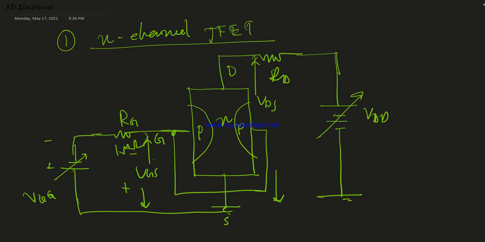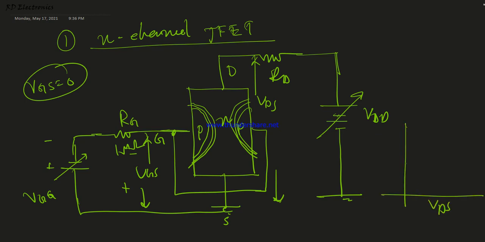So now start from VGS equal to 0, so there is no effect in the P side and N side junction. This creates one depletion region here, and this side creates another depletion region. So just consider when VGS is equal to 0. If we draw the graph VDS versus ID, then for VGS equal to 0 there is no effect on the depletion region, and now if we increase the value of VDS, then the graph increases, and after some time it is saturated, and after this is a breakdown.